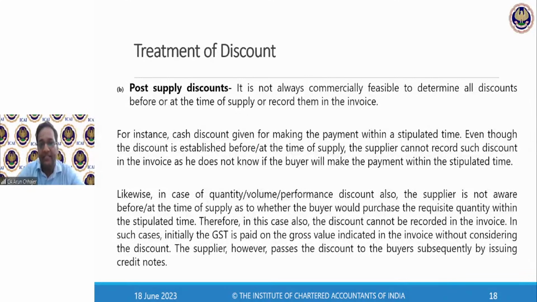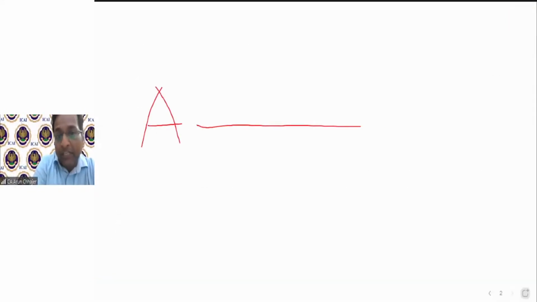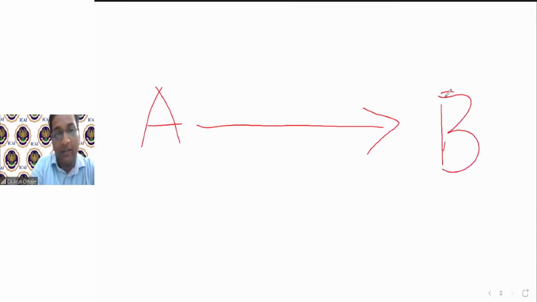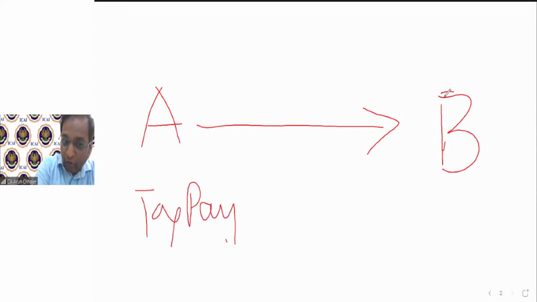B will take the ITC, Bhumika. See, what is reversal of ITC? First, he receives the ITC. A is selling to B, A is raising the tax invoice. It is our next chapter of ITC, we will discuss it. For now, let me try to explain it simply. When A issues a tax invoice to B, A will pay the tax to the government and B will take the input tax credit.